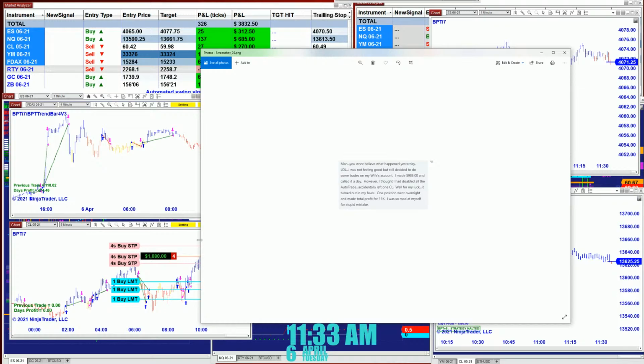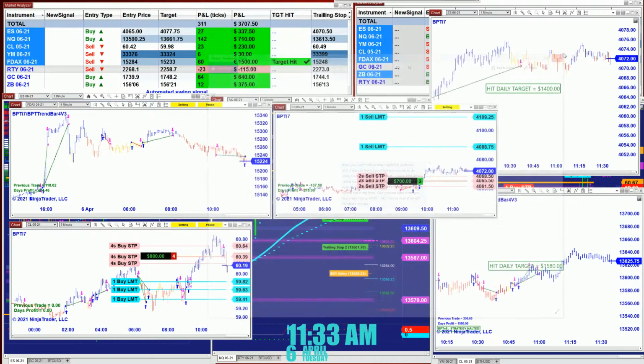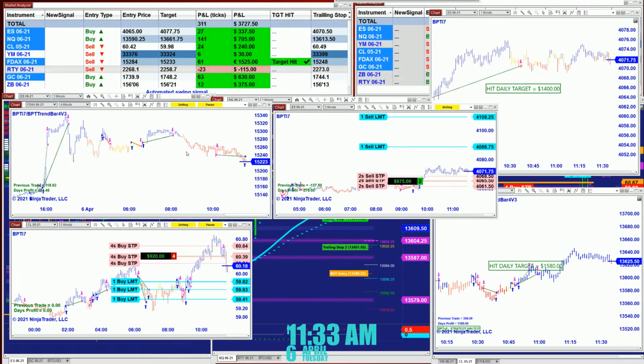So this gentleman, now this message, I hid his name for privacy, it turned out to his luck and he made $11,000 on the CL. But also it could be the other way around. So please be careful when you are auto trading, and this is a very good point, thank you for reminding me. Doesn't matter what system you are using,